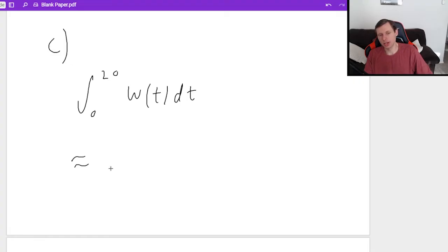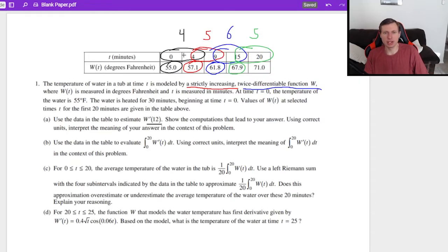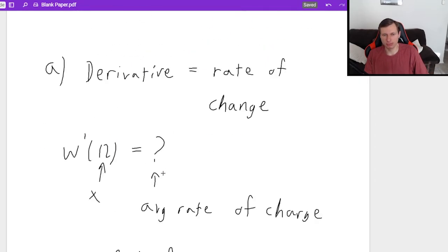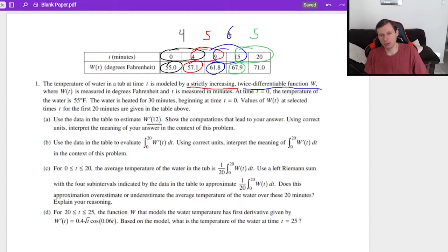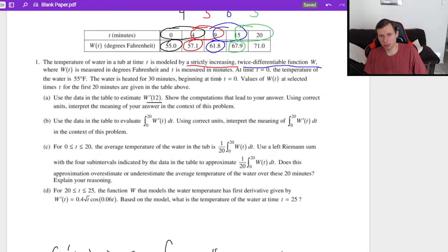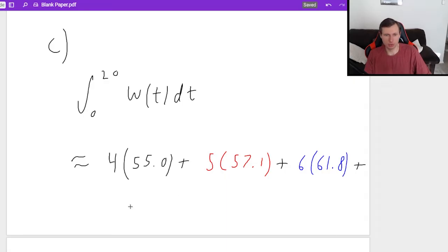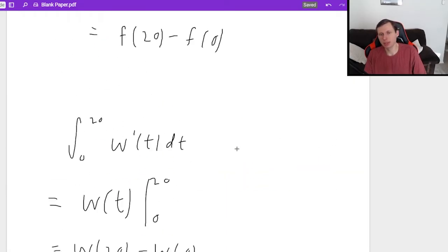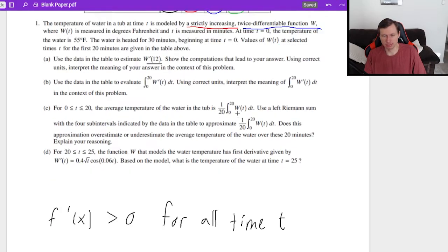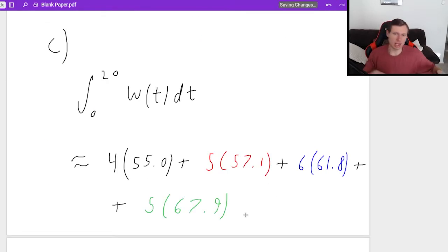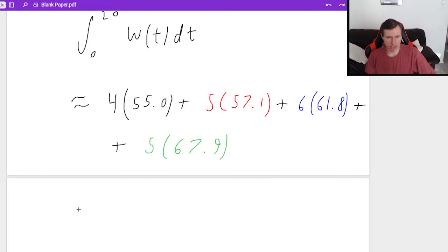So the first rectangle will be, for the black, it's 4 times 55.0, plus for the red, it's 5 times 57.1. So I'll write that in here. The blue is going to be a base of 6 and a height of 61.8. And then I ran out of room. Going on to the next line. The last rectangle is 5 times 67.9. Okay, so I'll plug this in my calculator again,